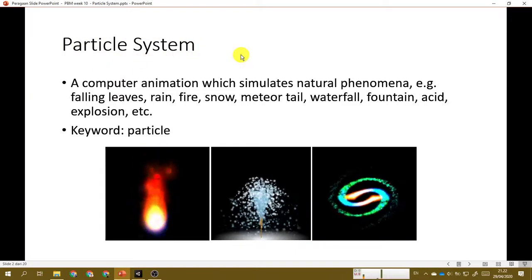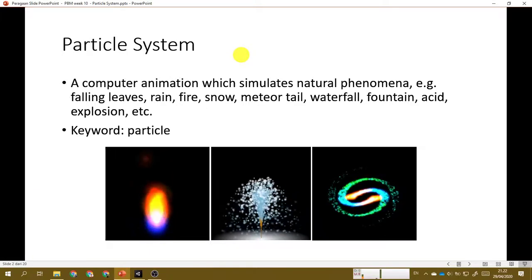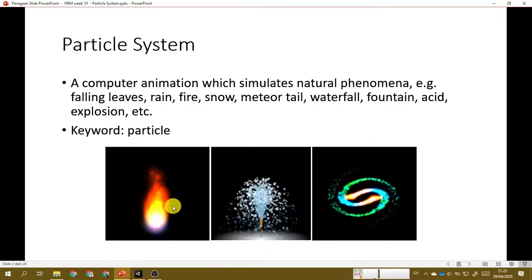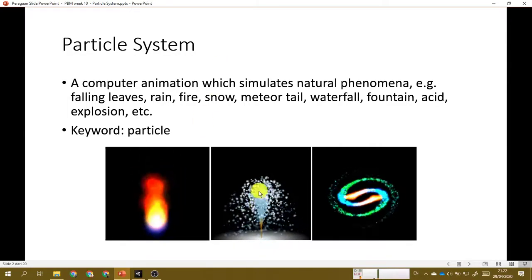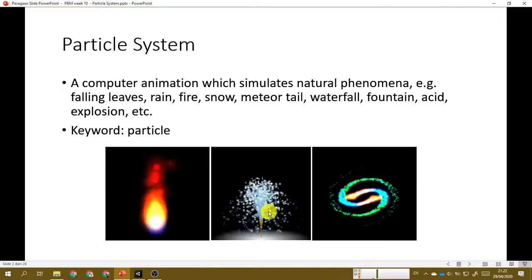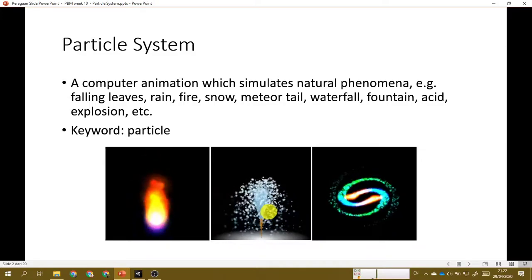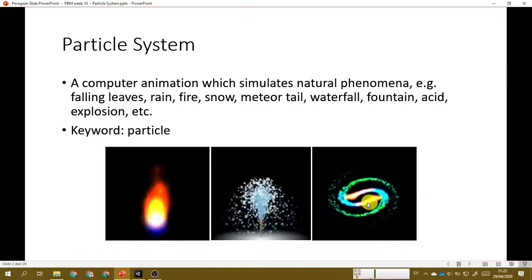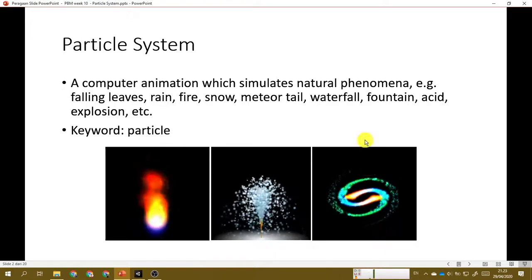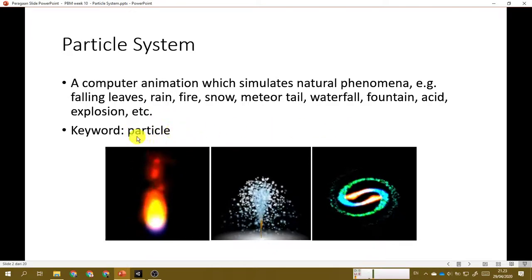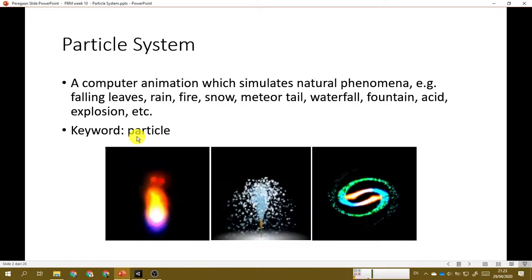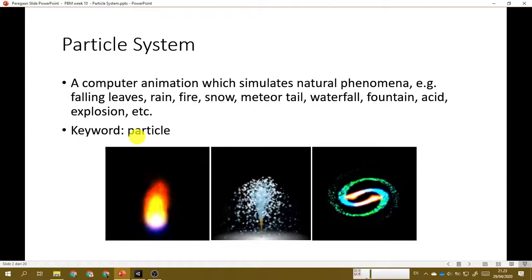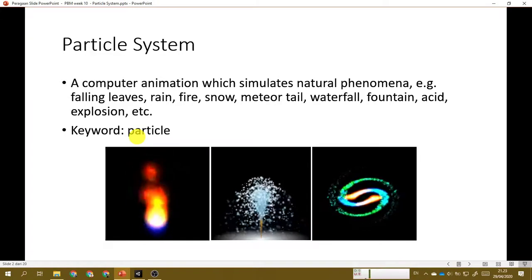It is actually a computer animation that simulates natural phenomena. As you can see here, we have a fire, and then let's say that this is a fountain, water sprouting from one point, and then we have, like, a galaxy swirling. So the keyword here is a particle. If you have a collection of particles that is simulated on your screen right now,